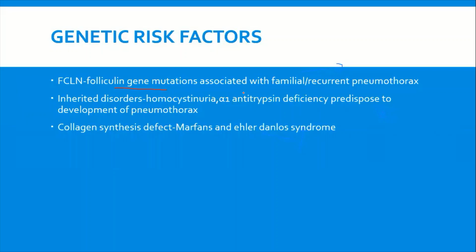Why is this important? Because the management varies. A child who has, say, an infection, you don't expect the child to have recurrent pneumothorax, isn't it so? This risk is due to the current infection. This child is not going to continue to have the risk in future. But imagine a patient with Ehlers-Danlos, or a patient who has a folliculin gene mutation. These patients are prone to have recurrent pneumothoraxes. So you need to forethink those things, expect those occurrences, and manage them when you catch hold of them.